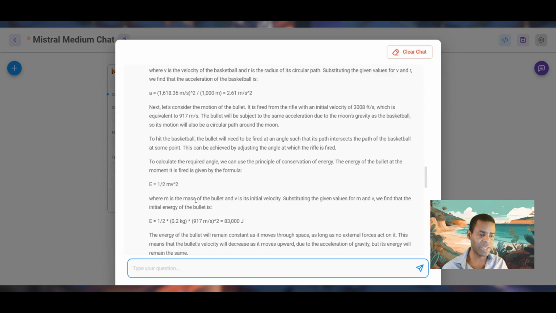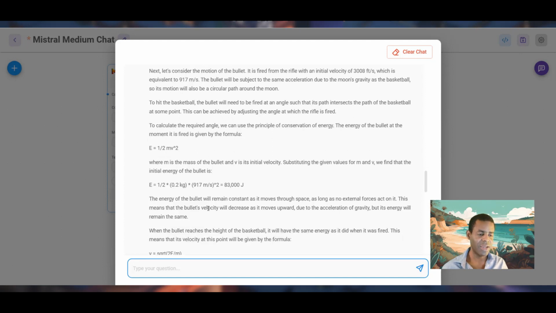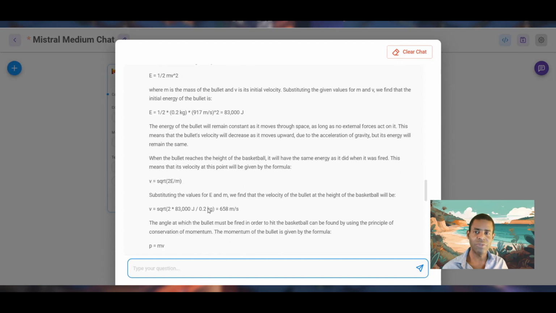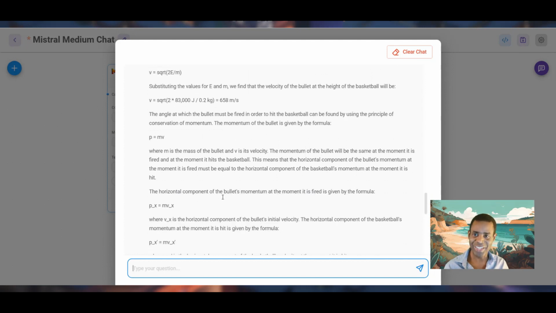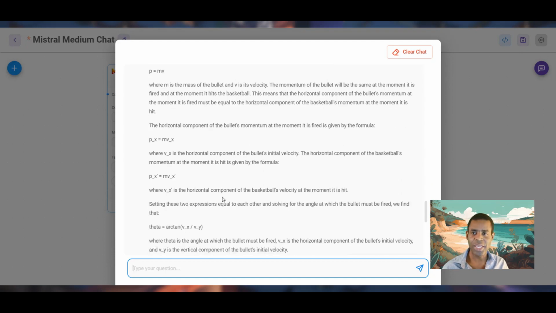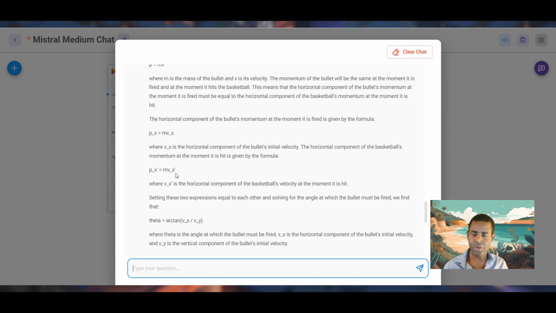And then what I really like about it is that it actually even attempts to calculate the vertical and the horizontal position of the bullet over time, which is a good approach, actually. And so, like I said, again, without actually checking the math, we just want to see how well it reasons. And then it also is going to calculate a theta, or an angle, that we can use to